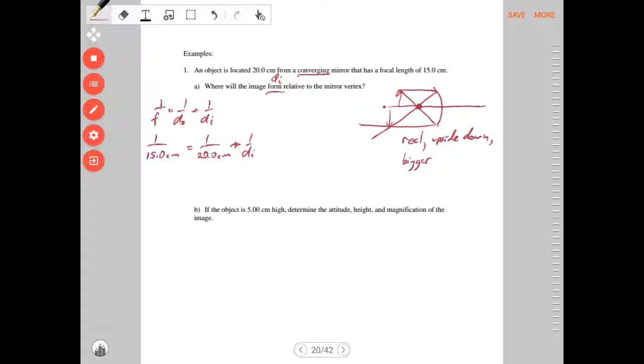Now, the mathematics doesn't change just because these are fractions. I want to get the 1 over di all by itself, so we want to isolate the variable term. To do that, we simply subtract 1/20th over to that side. So we go 1/15 minus 1/20th, and that is